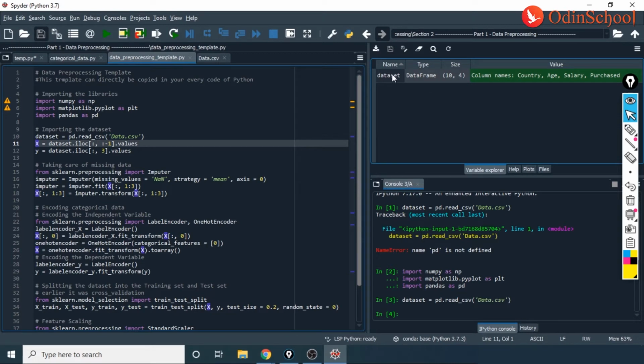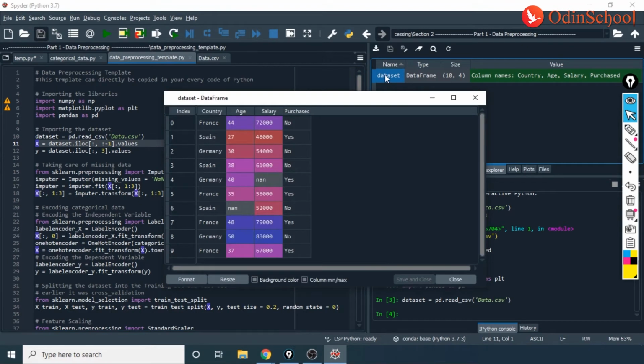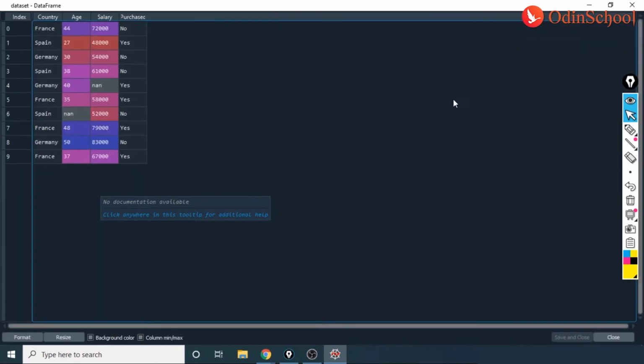And now when I click on this left corner on the name, I can just hover and click on this. And when I do that, you see here I have the names of countries, I have my age, I have my salary and purchased. So you could also zoom this and check. This is the index, country, age, salary and purchased. Below you also have editing features. I can remove background color and you see that now it's all unicolor. Or it is as simple as how we see data in Jupyter Notebook.